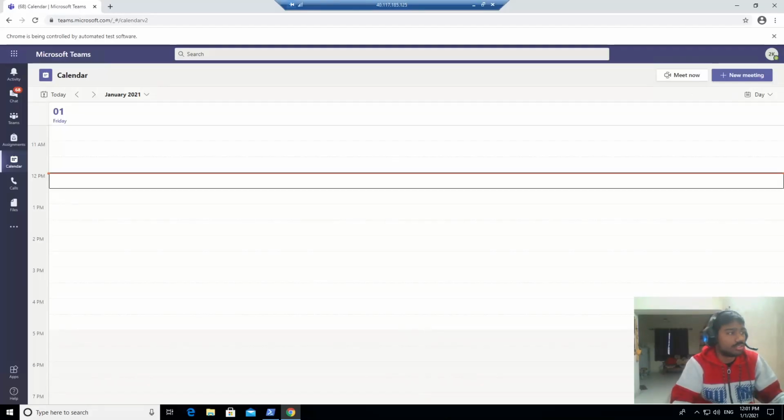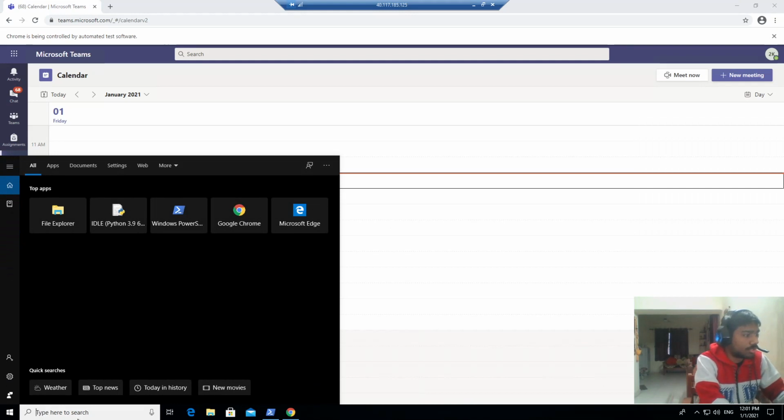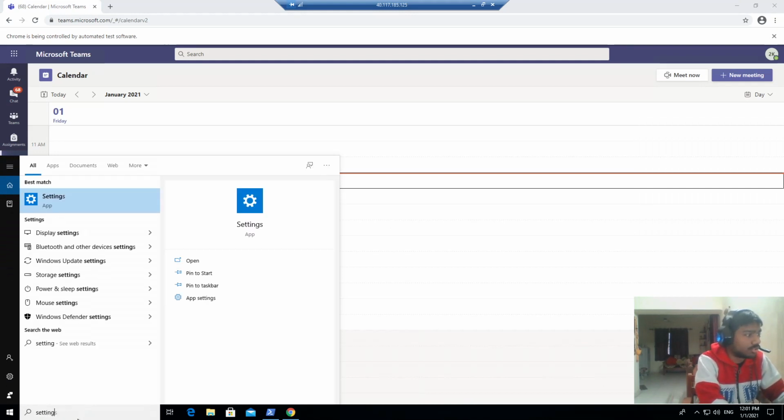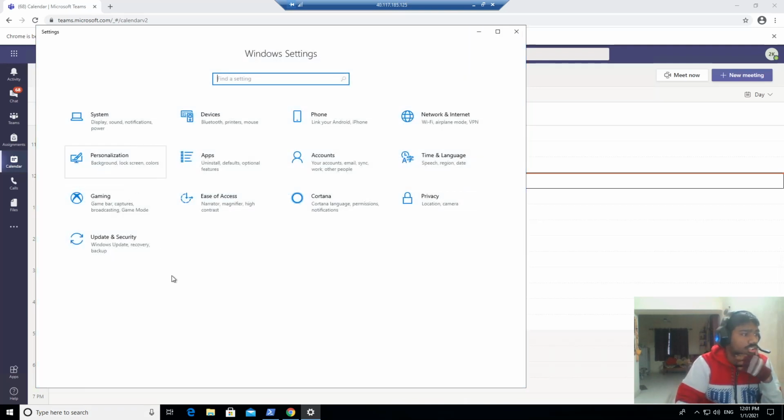Okay, so you also have to change the time zone. You can change that by simply going to settings and changing the time zone to India, otherwise it will not work, as Python will take the time, but it won't match your meetings.